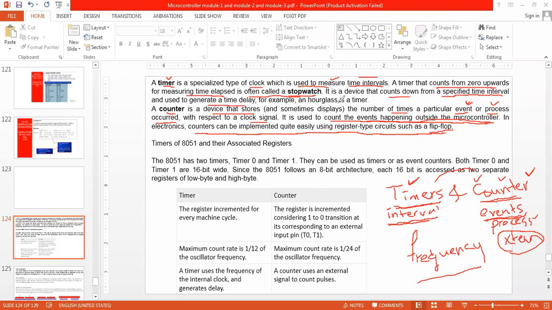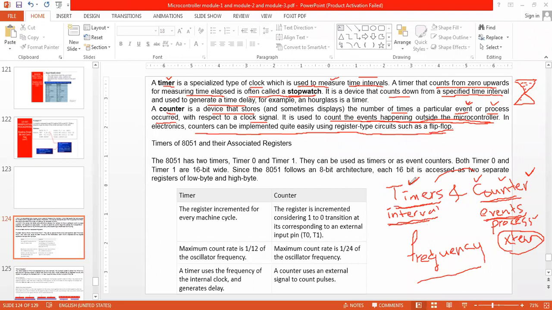For example, an hourglass is a timer. Have you seen the glass which is filled up with sand? That is a timer. It counts down, correct?